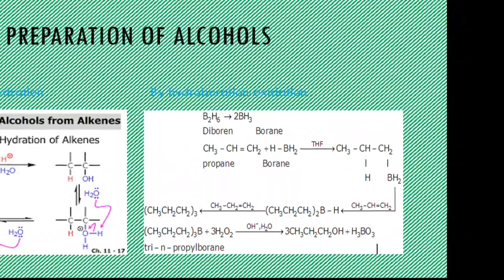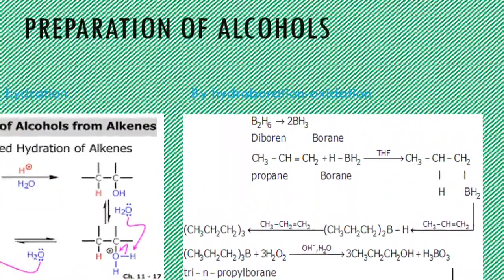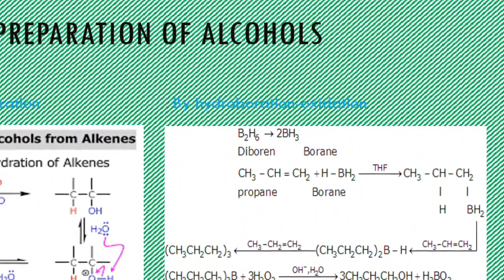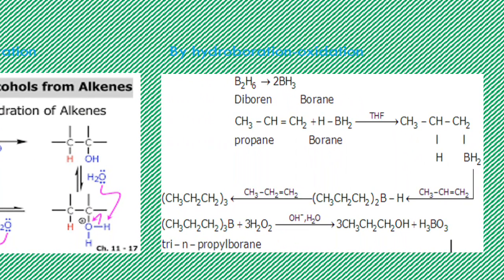Another method is hydroboration, oxidation. We must know the name diborane, which is a dimer of BH3, that is borane molecule. Now, how is it helpful in the preparation of an alcohol? If you take a molecule of propene and add the borane to it in the presence of the